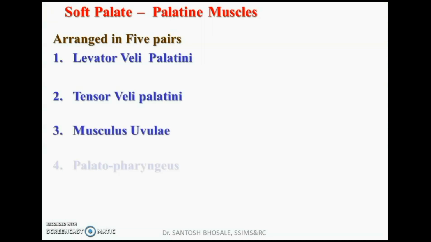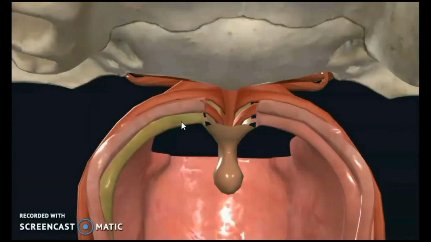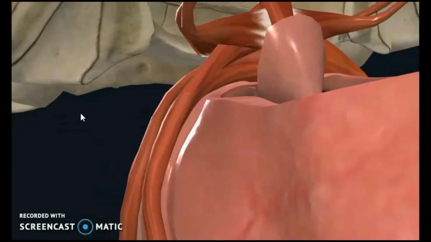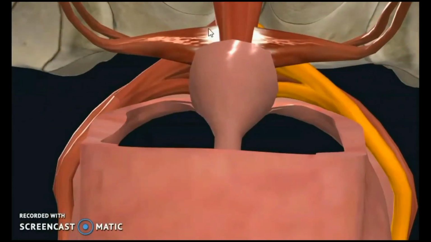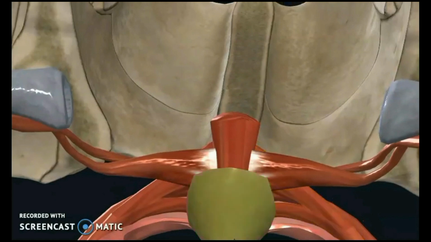So what are the 5 muscles? Levator veli palatini, tensor veli palatini, musculus uvulae, palatopharyngeus, palatoglossus. 2 muscles come from above and end in the palate. Their names also end in palate. 2 muscles come from the palate, then their names start with palate. So musculus uvulae, palatoglossus, palatopharyngeus: palatoglossus and palatopharyngeus begin from the palate, whereas from above 2 muscles will come there, that is tensor veli palatini, how it is expanding into a sheet. You can see there levator veli palatini. They come from above and their names end in palate.